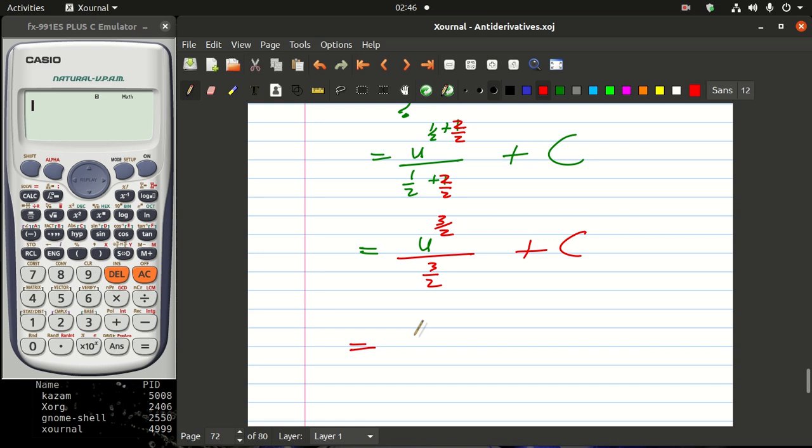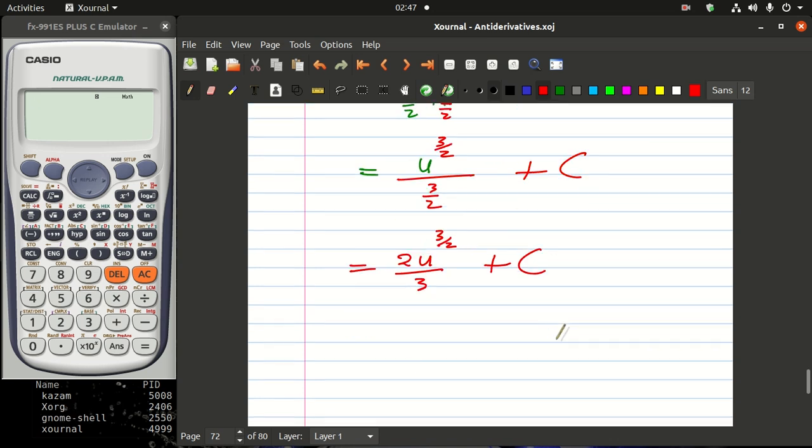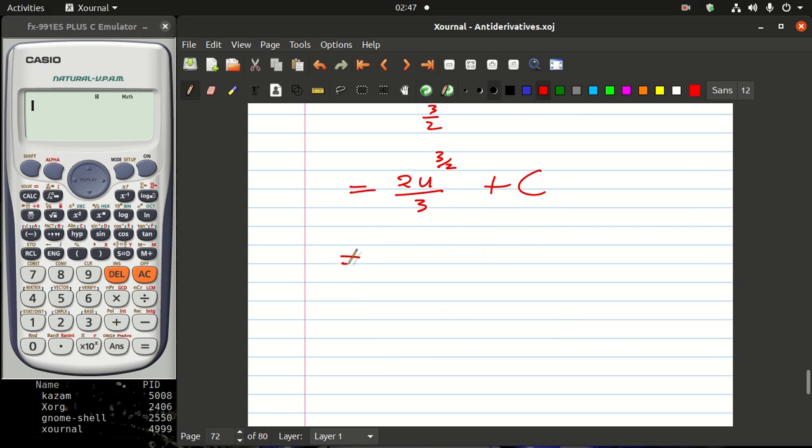In other words, we'll end up having, I'm going to change this to multiplication, and then this will become in the numerator, this will be in the denominator. We'll have 2 u raised to 3 over 2 all over a 3 plus a c. Of course, if you were given this in a root form, you need to convert it back. So we end up having 2 and then the square root, because we are dividing, so it's the square root of u raised to the power 3 divided by a 3 plus a c,